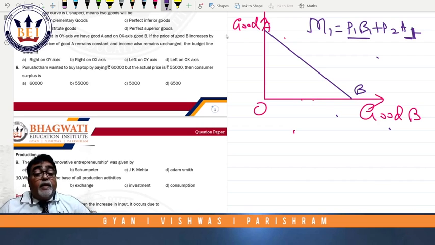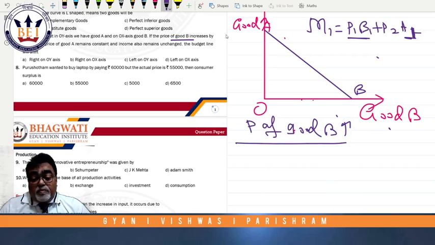Now, what they said: when the price of good B increases by 1 rupee. Careful, sir. The price of good B increases by 1 rupee, other things remaining constant. Only the price of good B increases. My dear, when the price of good B increases, what is happening? Real income for good B